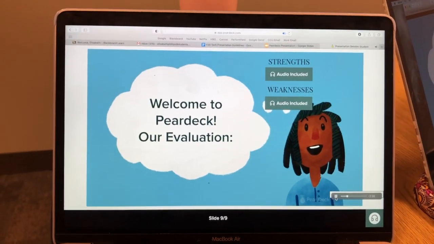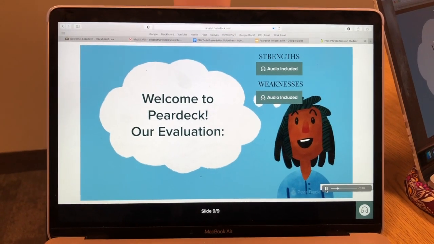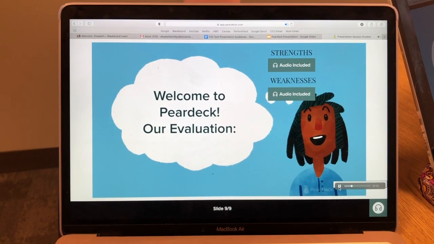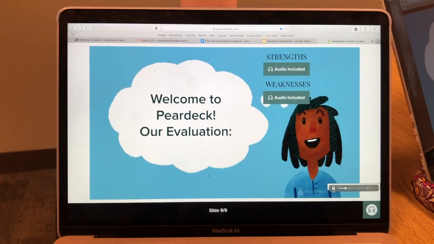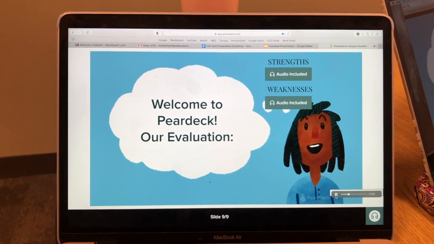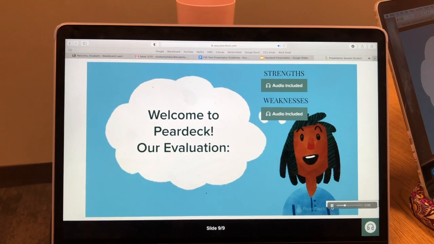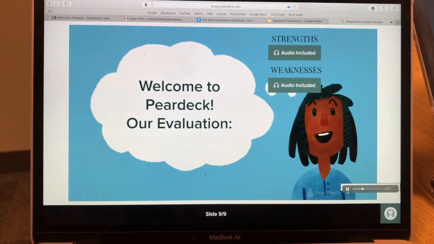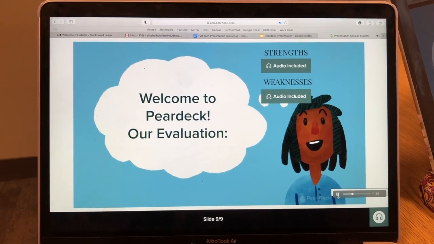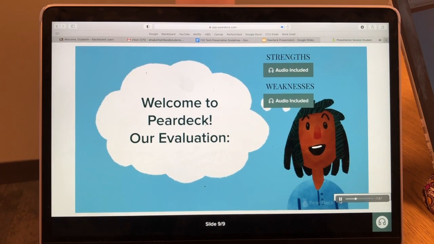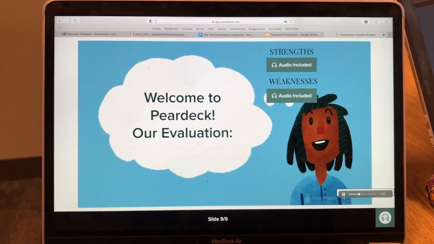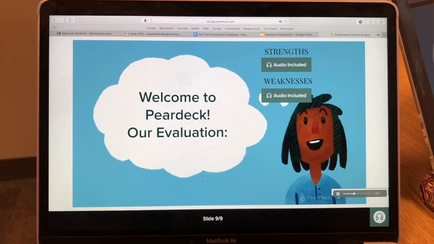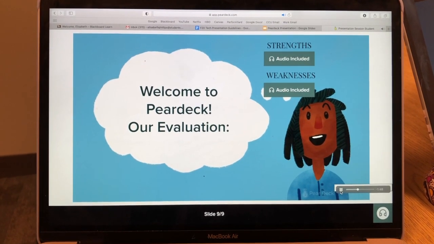If I'm being completely honest, I don't know what the free Pear Deck offers because I was getting to use the premium Pear Deck effects. So I don't know what the free version would look like, but Pear Deck Premium was very useful. But then, like I said, when logging onto the website, I was just a little confused as to how to even begin making a Pear Deck, but the website does offer some informational videos that guide you through the process,